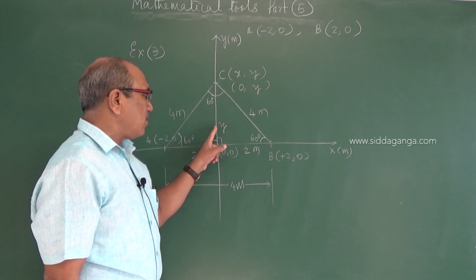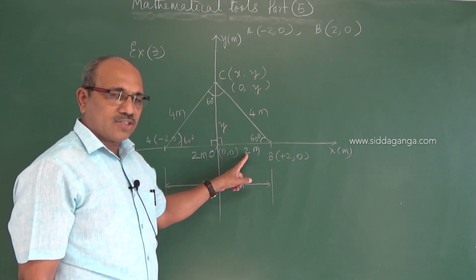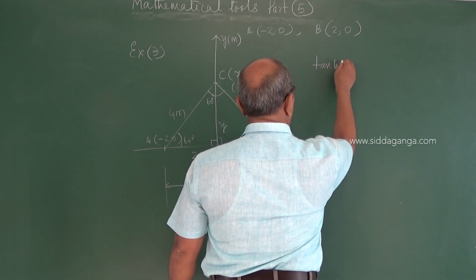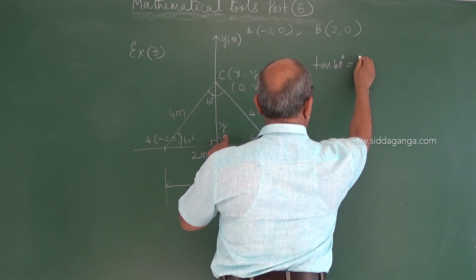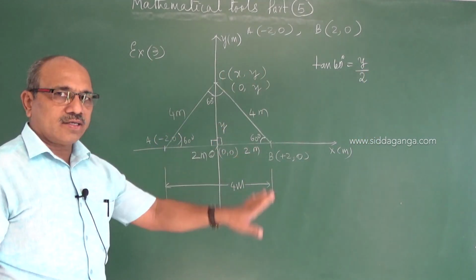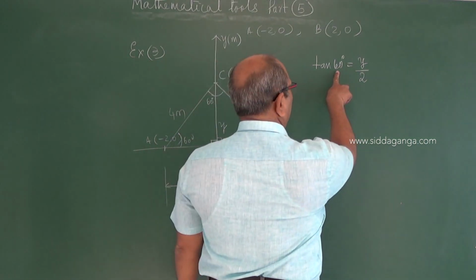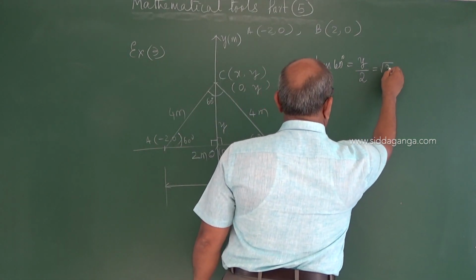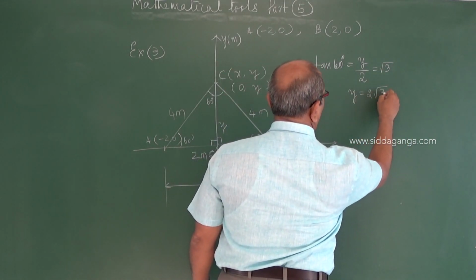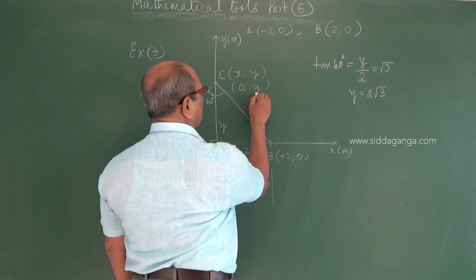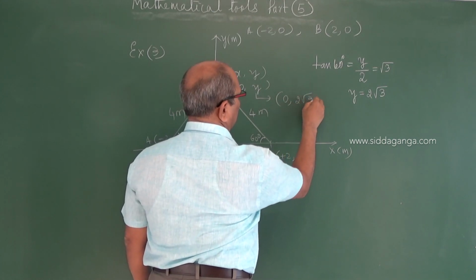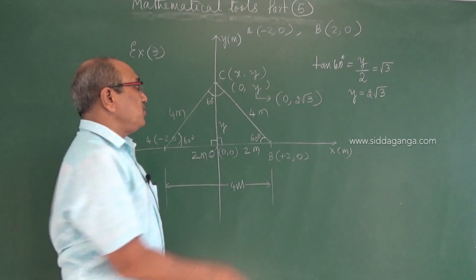For the 60 degree angle, y is the opposite side, and this is the adjacent side. Opposite side over adjacent side is tan theta, so tan 60 is equal to opposite side by adjacent side. Tan 60 is a standard value, root 3. Thereby the y value comes to be 2 root 3. Therefore, I can write the coordinate as 0, 2 root 3,